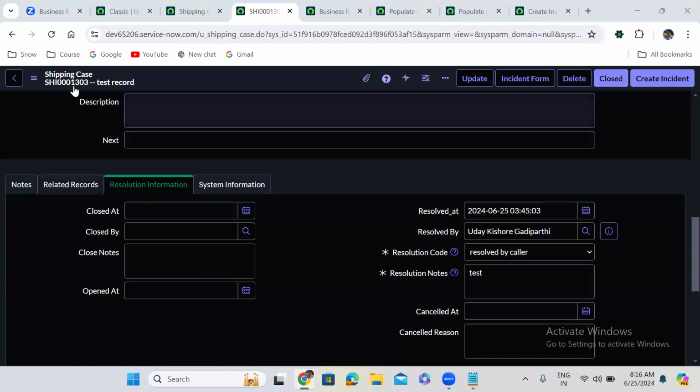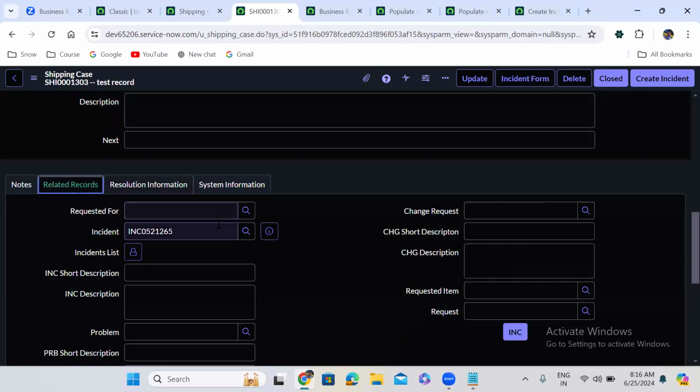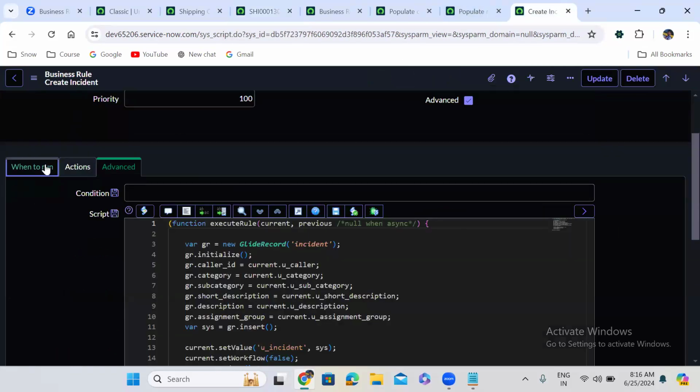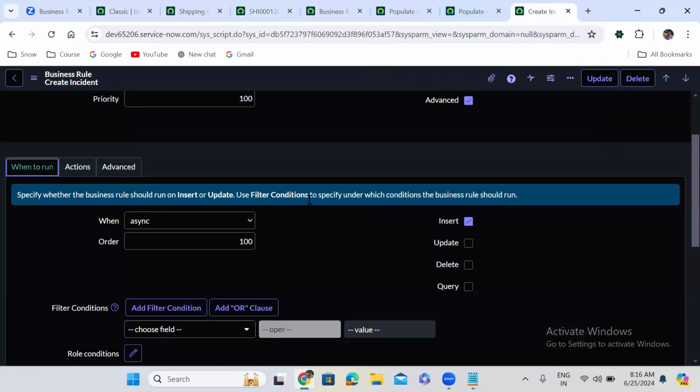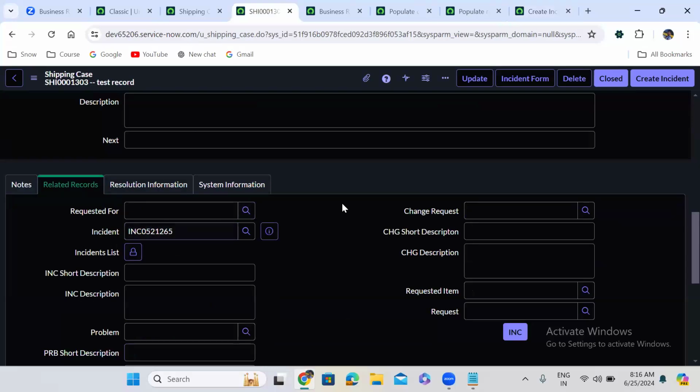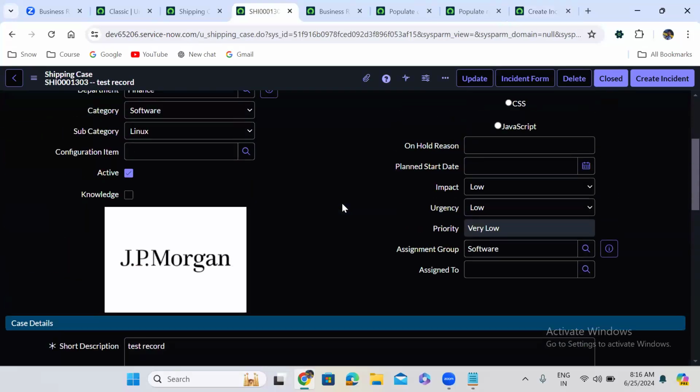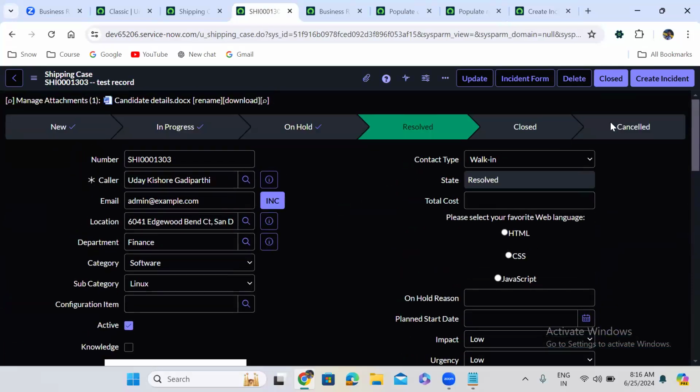Okay. And also once the shipping case record is created, incident should be created. Incident also created here. So this business rule will create the incident record once the shipping case record is created. So similarly, you can see incident is also created. So if you see here, now I am changing the state to closed here. As soon as I change the state to closed,